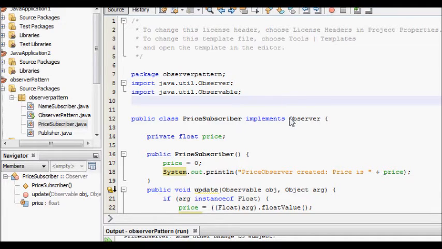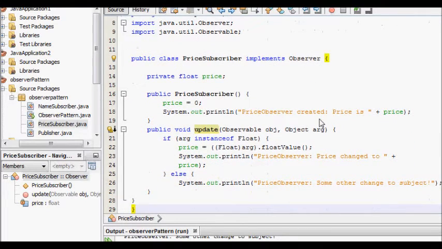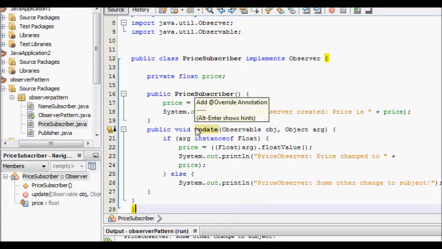Now let's try to see our classes, the subscribers. Here we have two subscribers, the name subscriber, which subscribes to the name, and the price subscriber. So this price subscriber implements Observer. Observer is an interface, so it has got one method that it has to implement, that is the update method.